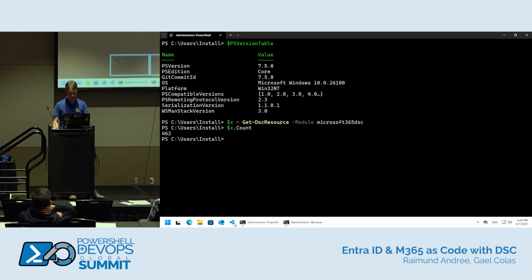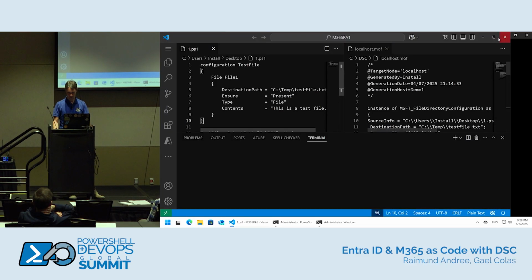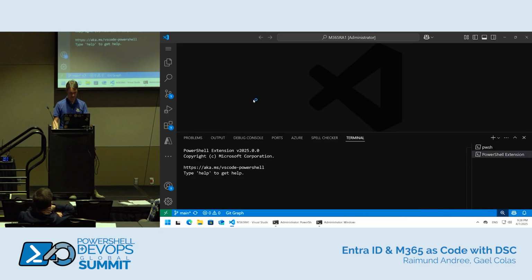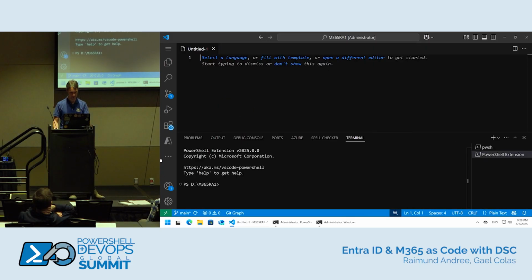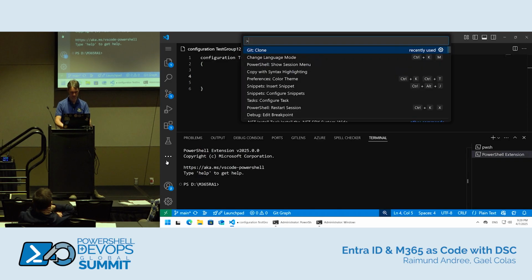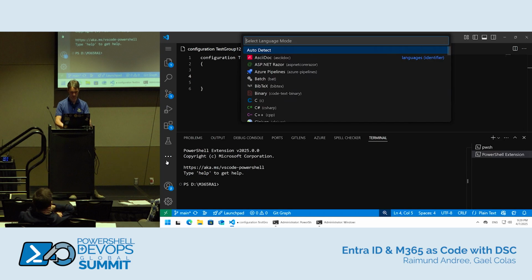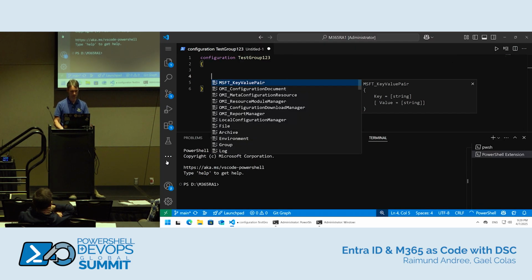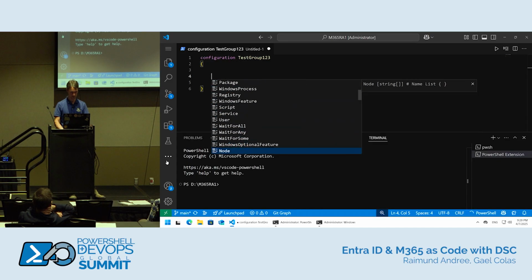Let's start right away with writing a configuration that does it. We have a video for that, but I think the learning effect is better if we do it in here. So we do a configuration TestGroup123. And we have to tell it that my language is PowerShell. So we do a Ctrl+Space for IntelliSense. It loads all the available resources, and